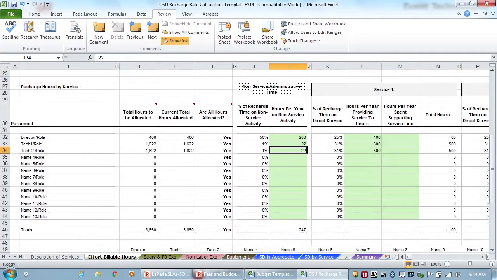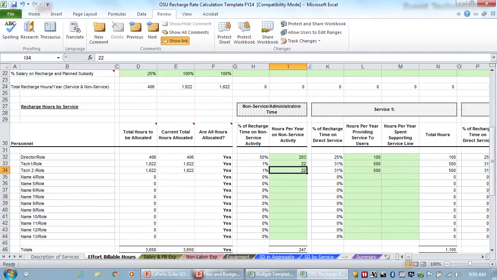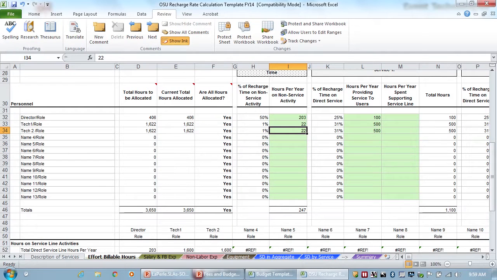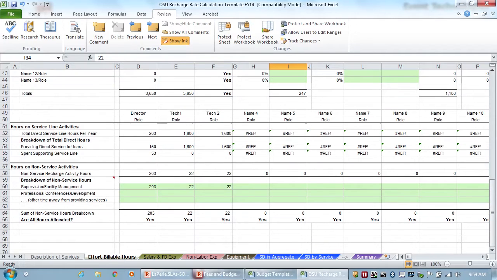Right. And then you say which service the hours are on. And before we send this out, I will go through and make sure all the formulas are correct, so you won't have to worry about unlocking it. I will give you the unlocking code, but I will go through and make sure everything's properly working. But yes, you'll want to allocate all the hours to your service lines, because then it's going to take you down to this bottom section and say, okay, well, you said